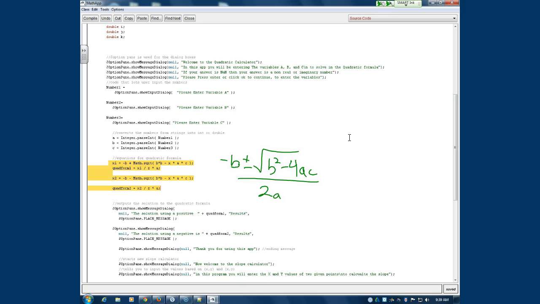So there's the quadratic formula, and what we do is for x1 we do the negative b, which you can see written out, plus math square root, which is just a term to describe and define the square root. And then we have b times b, which is essentially b squared, minus 4ac,